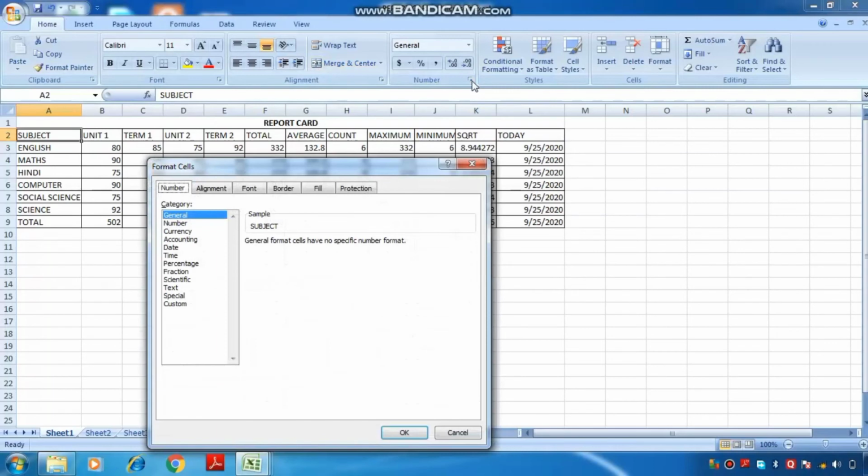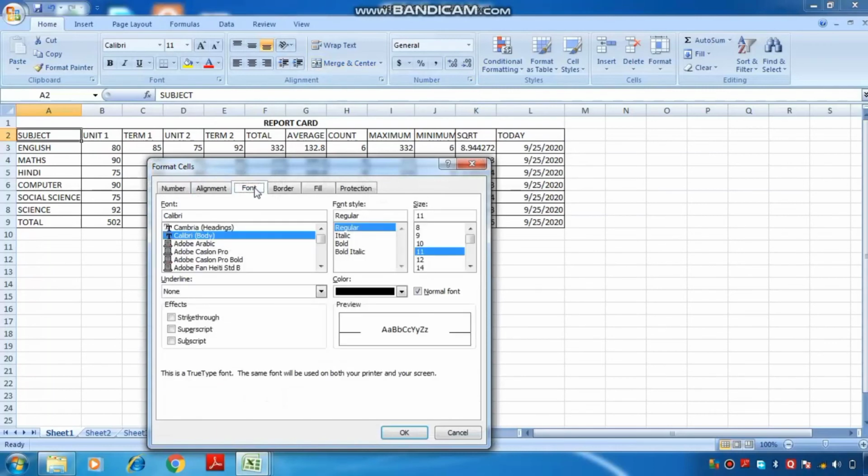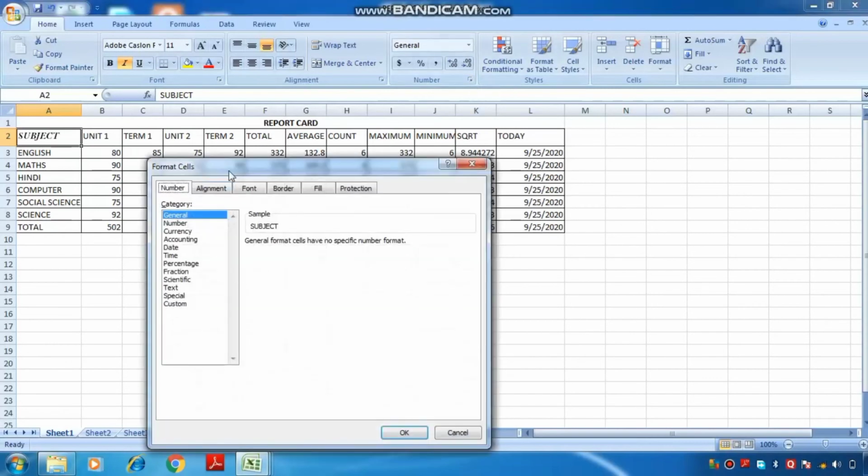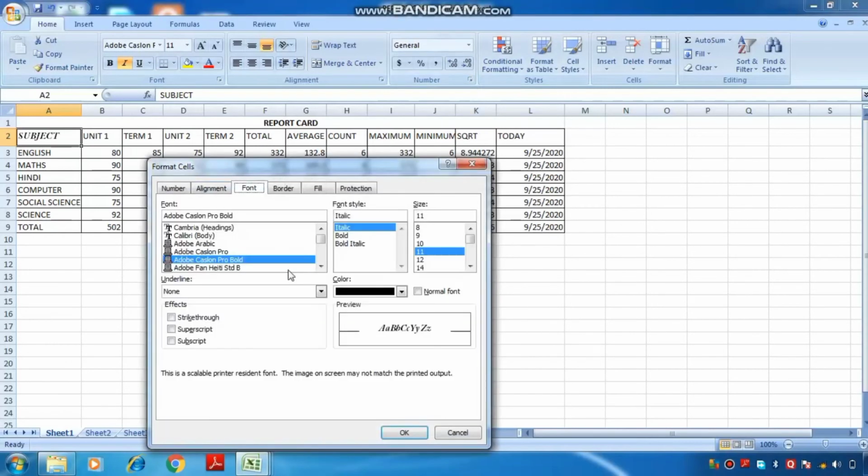Here I can select the font tab, and under the font tab we have a number of options like font style, font size, font face, whatever I want to change. Suppose I want to change the font design or style, then I select it like this. I select Adobe Fancy, whatever I want.